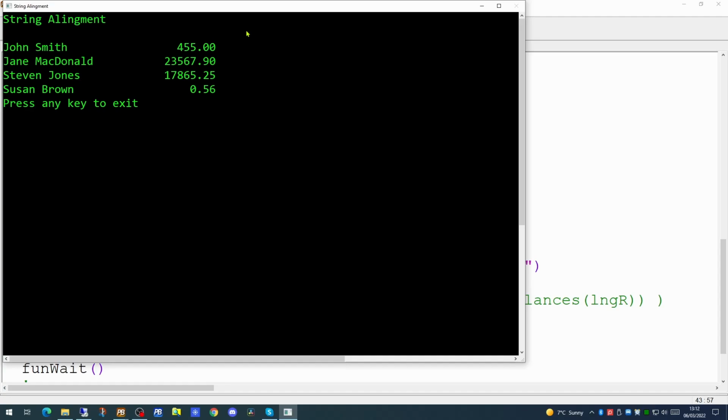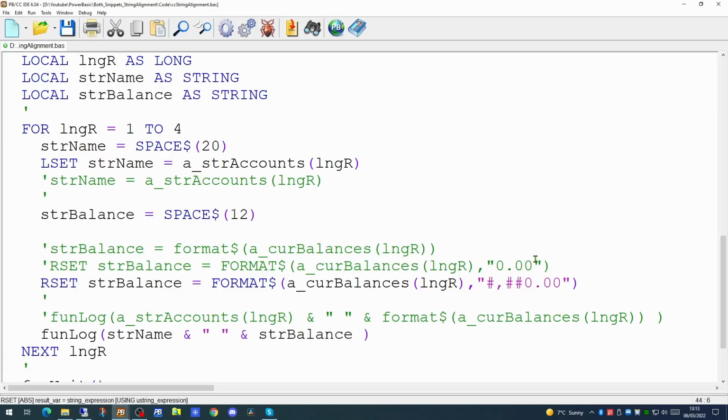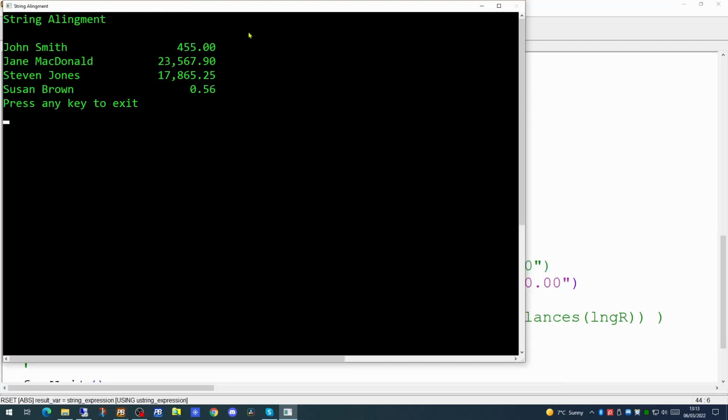Now for readability, we'll want to put some commas in. Changing the format command to use the hash and a comma will ensure that if there is a value greater than 1000, it will always show as 1000 and a comma. So if we try running that now, we'll see that our value quite happily appears with thousands and then the value after the thousands. So our data on screen is now looking more formatted.